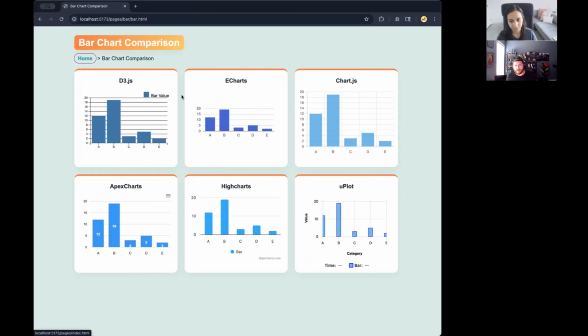And there are some things we had to address specifically, like D3 rendered just bars with no grid lines or anything like that. So for D3, we had to explicitly prompt it again and say, hey, we want you to include axes here and some grid lines and that sort of stuff, just to provide context. So we did have to prompt it a few things, and we had to do a little bit of tweaks for the uPlot. Those bars were very, very thin, so we wanted it to be visually similar to the others. So we had to read some documentation and go figure that out. The AI wasn't able to help us with that bit, but we got surprisingly far with these